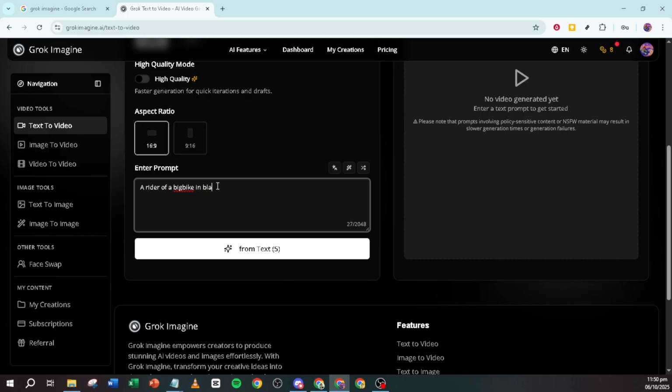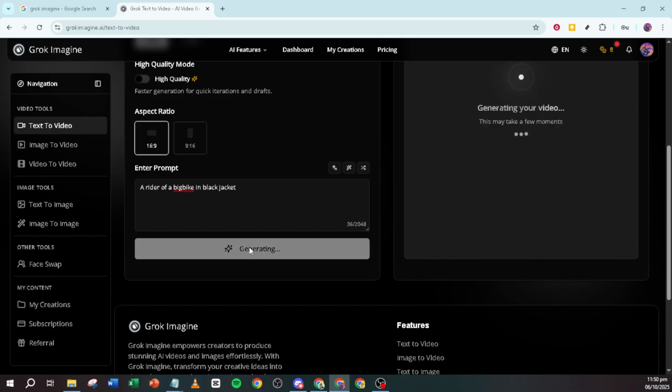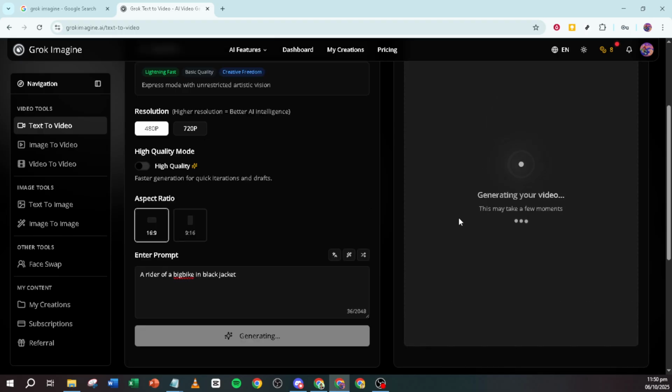Click on Generate Image, and Grok Imagine will spring into action, using your text prompt to create several image variations. This process might take a few moments, so feel free to sit back and relax while Grok Imagine works its magic. Once the generation process is complete, you'll be presented with a selection of image variations based on your prompt. These images are crafted by Grok Imagine's AI, ensuring a unique and creative representation of your original description. Take your time exploring the different options available. Each variation can showcase a different perspective or style, and you can choose the one that best fits your needs.